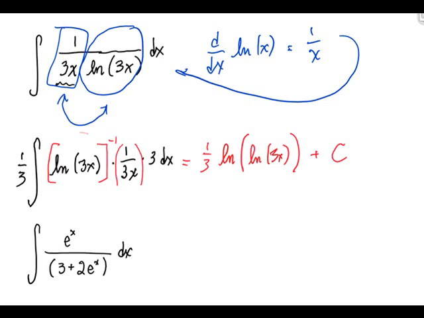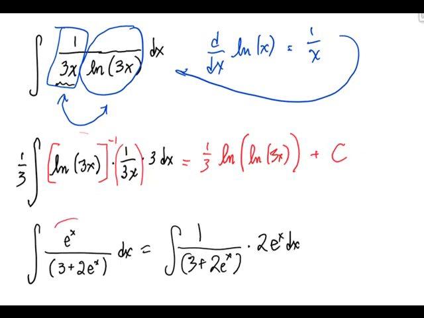Even the tricky problems with integration of exponential and logarithmic functions are usually pretty straightforward. This one, for example. Can you use I spy with my little I and see the inner function and then the derivative of the inner function? Well, the parentheses are almost always a tip-off to the inner function. So if you think about this being the integral of 1 over 3 plus 2e to the x times, and we need the derivative of this inner, and the derivative of the inner is going to be 2e to the x